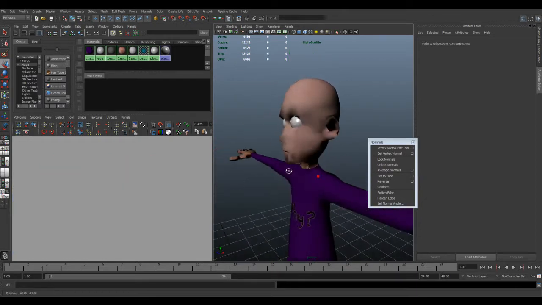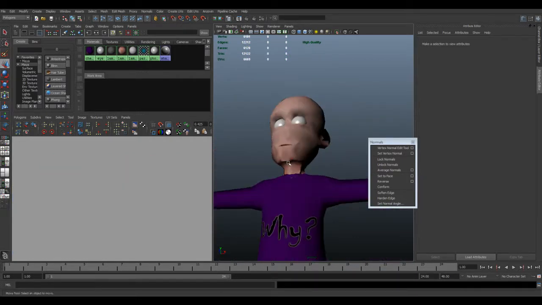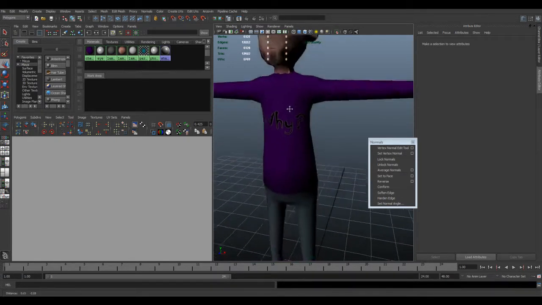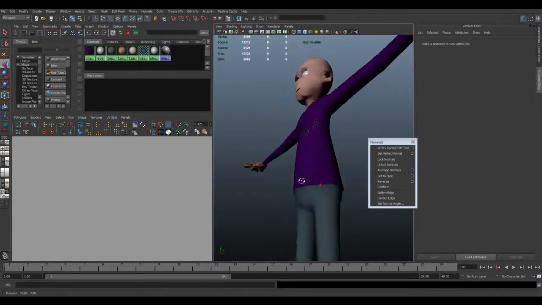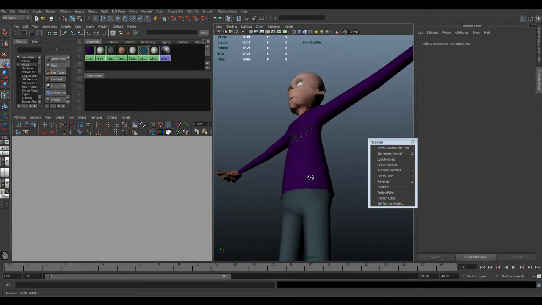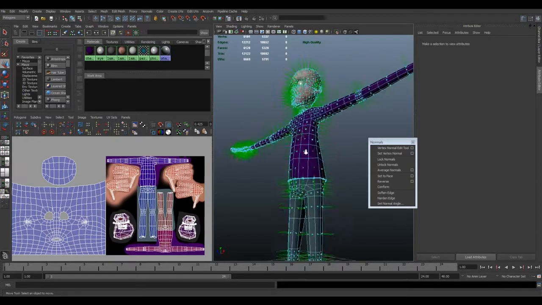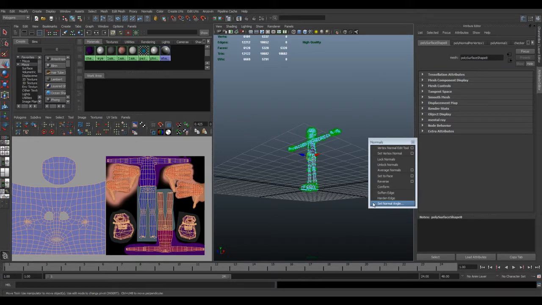So if I go to my object mode again, you can see we've got some really strange shading going on now. Can you see this? It's got weird stuff going on, and certainly around areas that you expect to be sharp or smooth, you start getting some weird anomalies. So